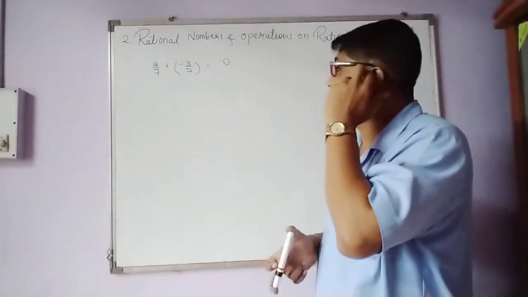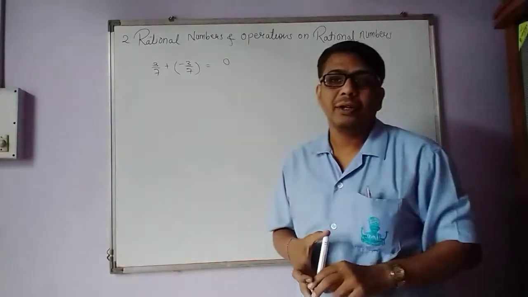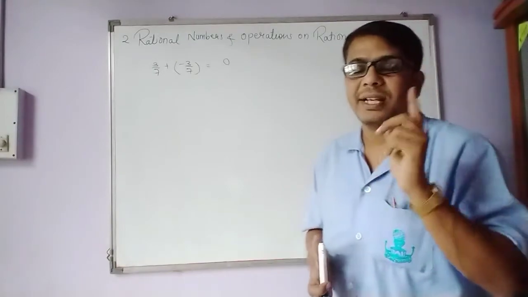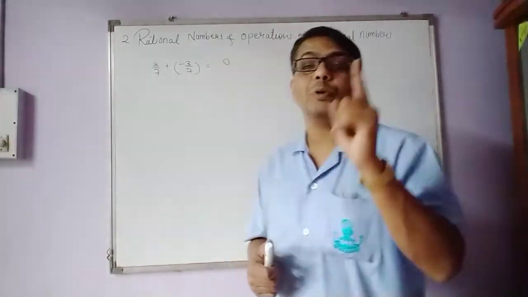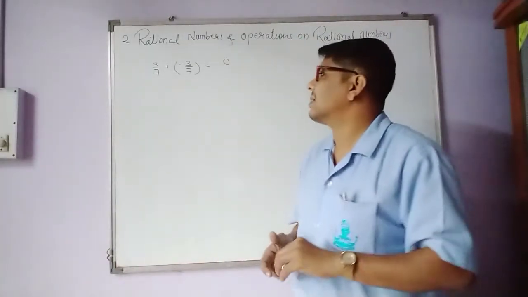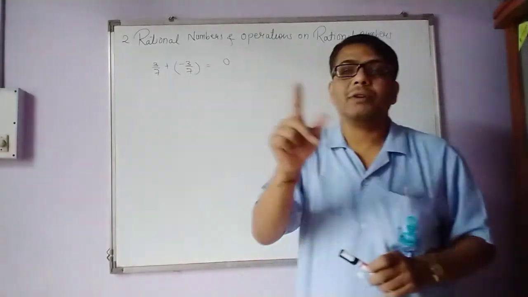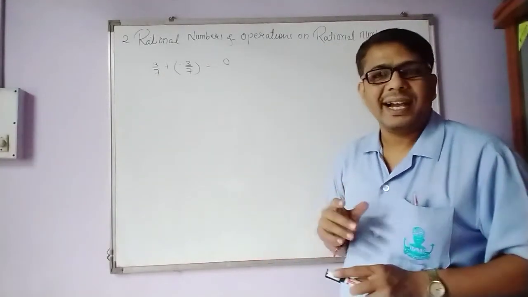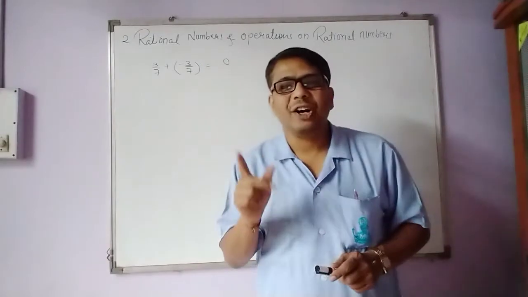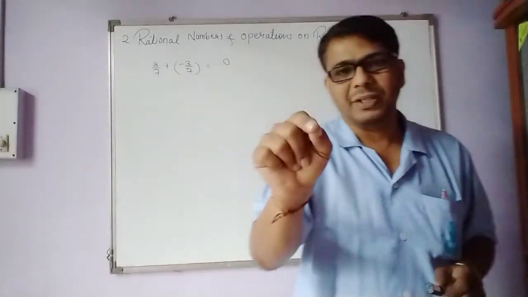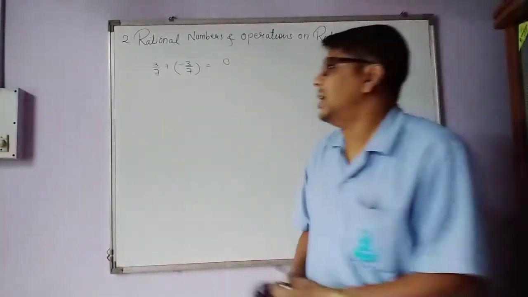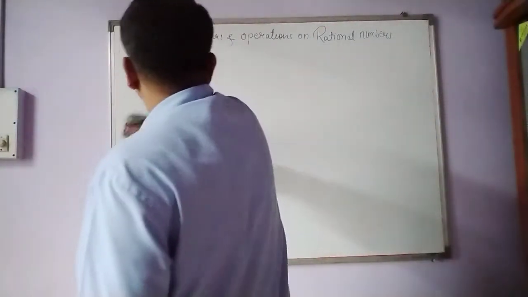When the sum of two rational numbers is 0, then they are definitely opposites of each other, and they are called additive inverse of each other. And this is the additive identity of the rational numbers. Remember that. Then next is